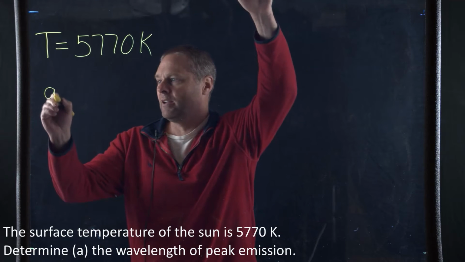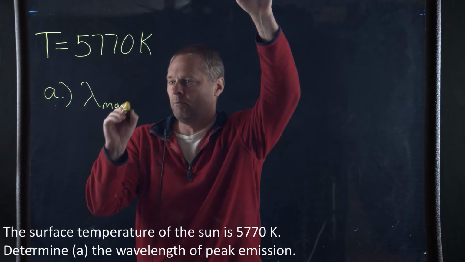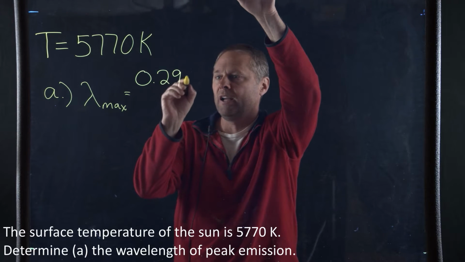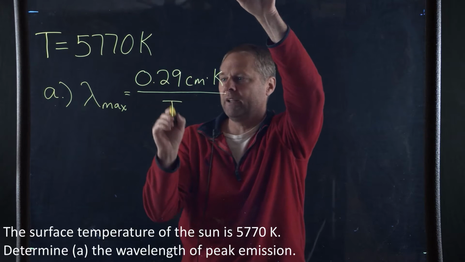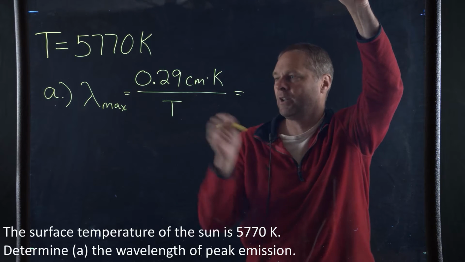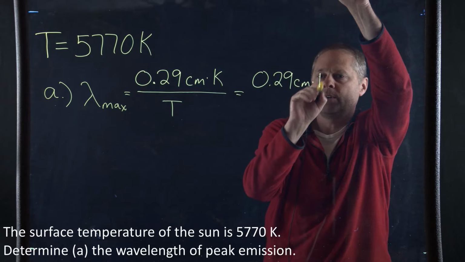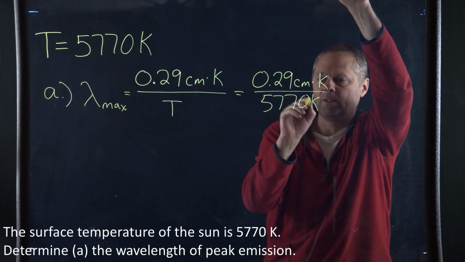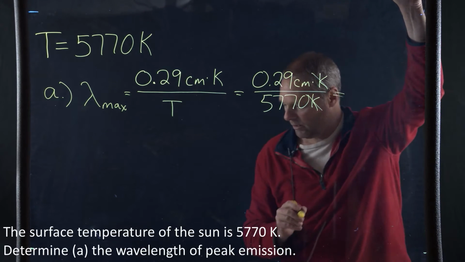So for part A, the equation we're going to use is lambda max is equal to 0.29 centimeters Kelvin divided by temperature Kelvin. And so we simply plug in our temperature Kelvin into that. This becomes 0.29 centimeter Kelvin divided by 5,770 Kelvin. The units of Kelvin cancel, and this gives us a value of